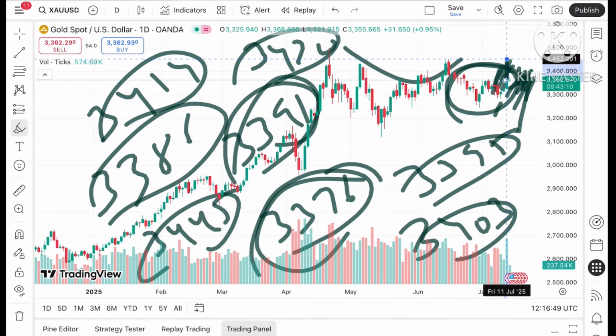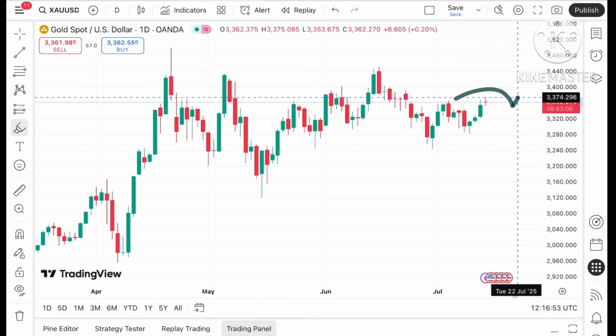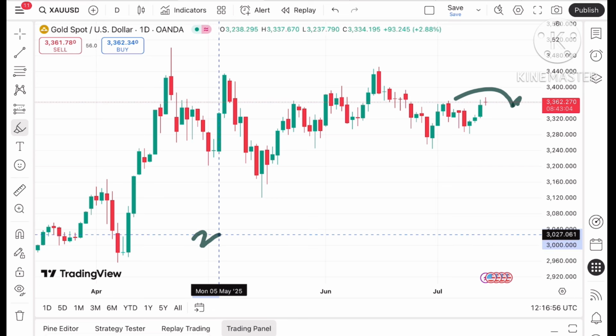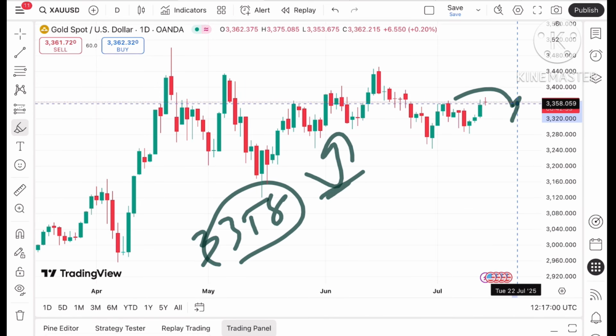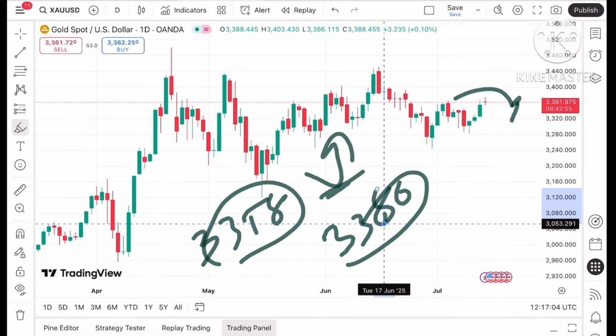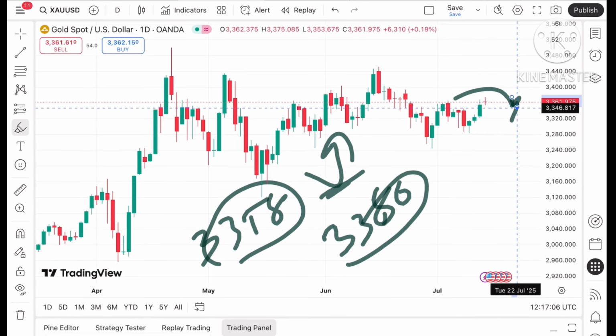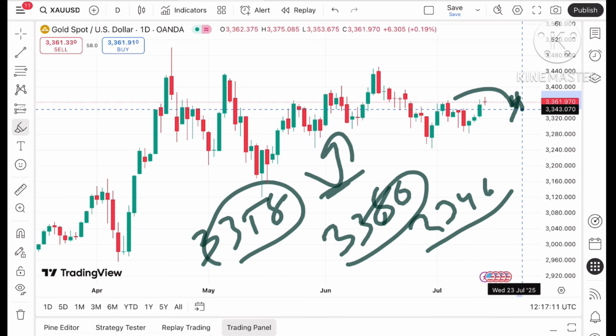But suppose if the price didn't sustain, what we can see, but suppose if it started falling below this level, it can come down again towards the next support of 33.58. From this level we can see a bounce back, but if that didn't bounce back, we can see it can come down towards 33.50, and from there a further downfall can be seen towards the next level, that is $33.46, and from there a further fall can be seen towards a level of around